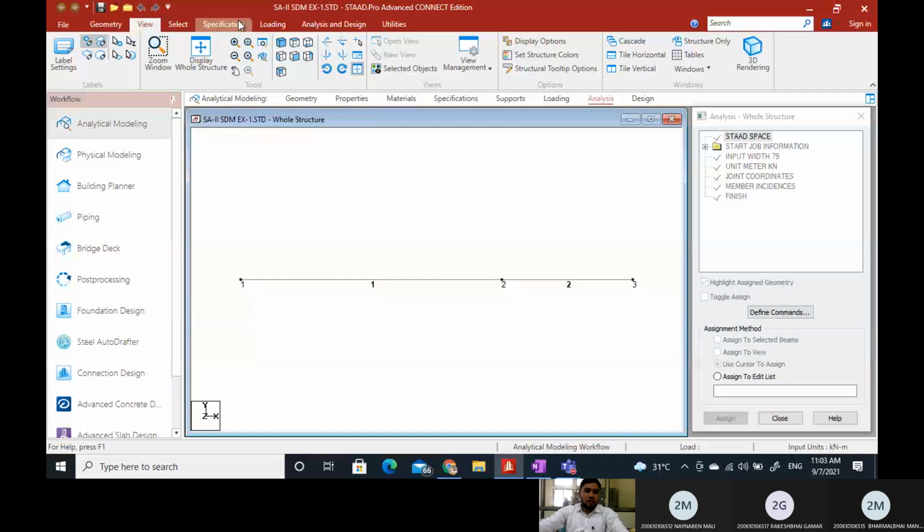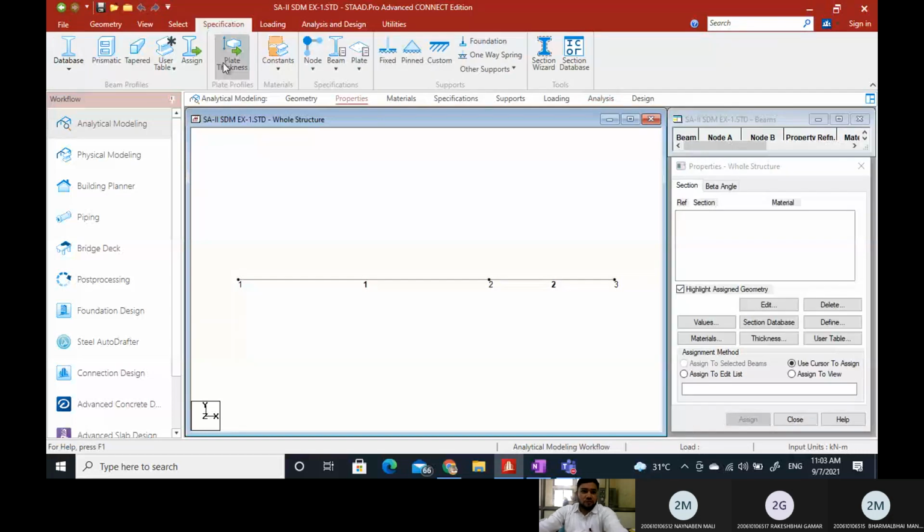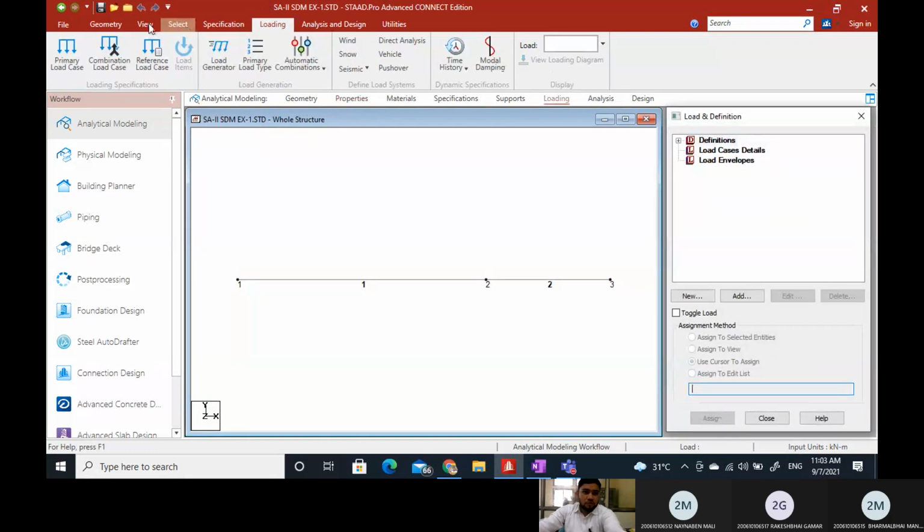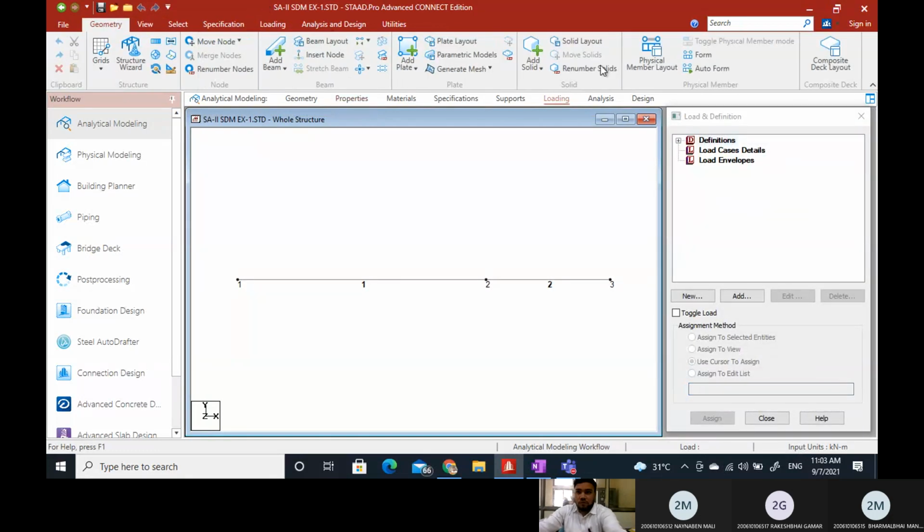There is one more way you can renumber the members. Actually, this is a newer version of StatPro, so its tabs are changed. See here, you can change the renumber.